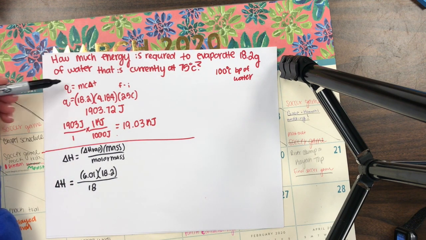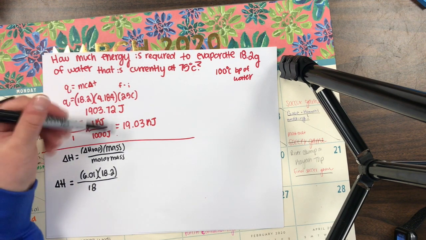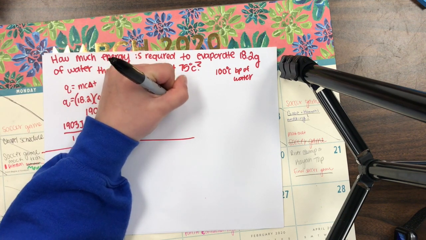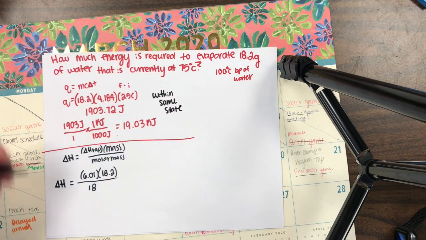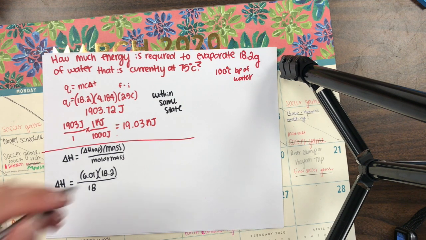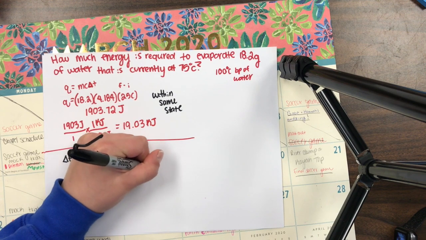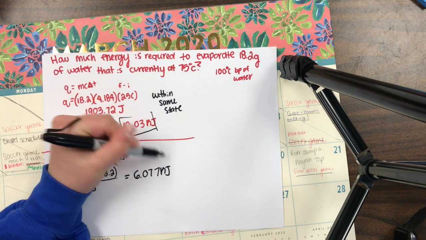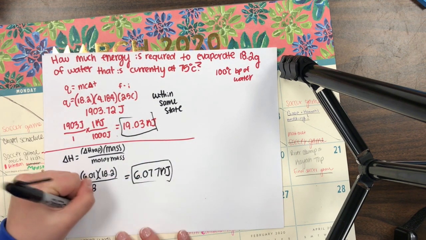So this first equation is how much energy I need to raise the temperature within the same state. And this is how much energy I need to finally break those intermolecular forces and turn this into steam. So I'm going to put this in my calculator. My answer for this is 6.077, and the units for this are kilojoules. So when I add these kilojoules to these kilojoules,